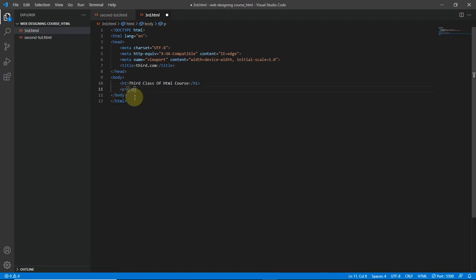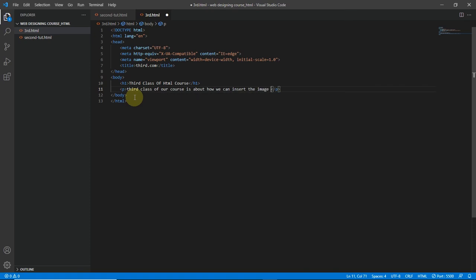And on the inner side I will write: the third class of our course is about how we can insert the image,